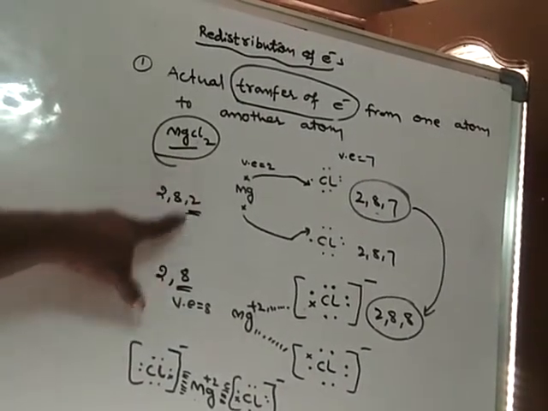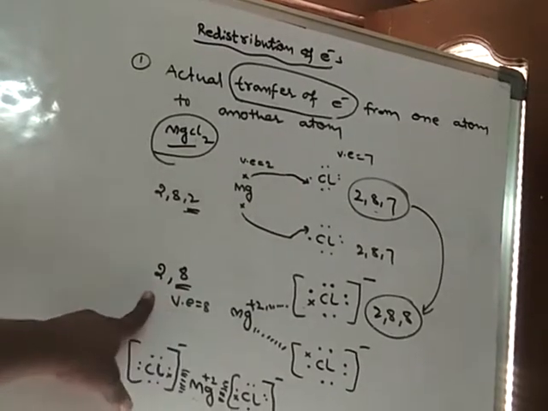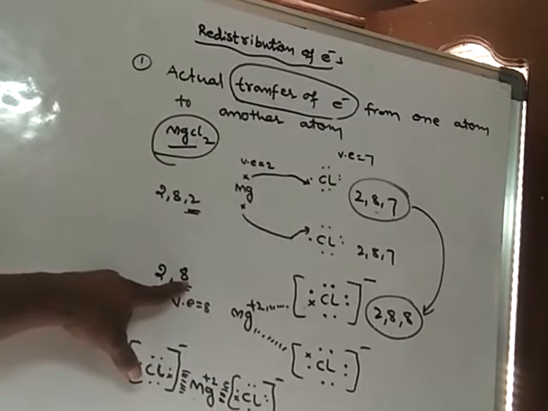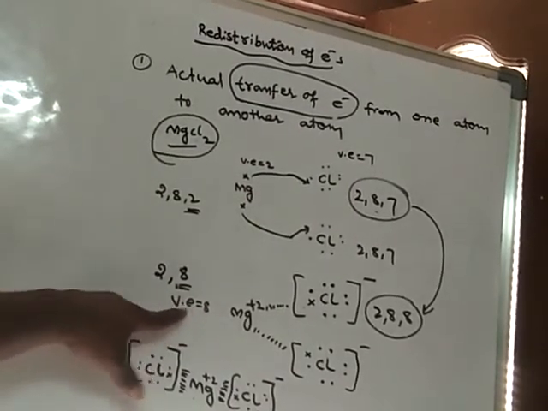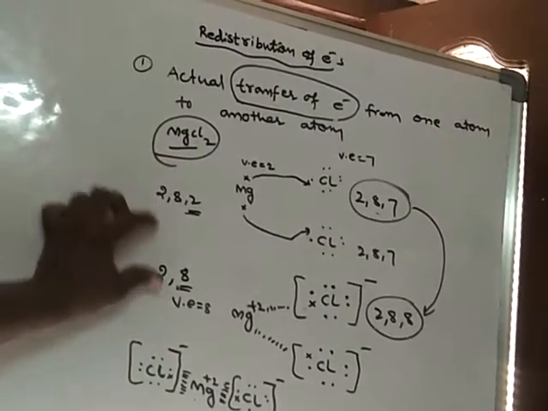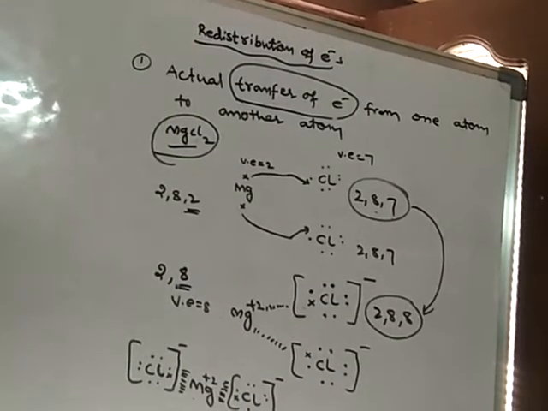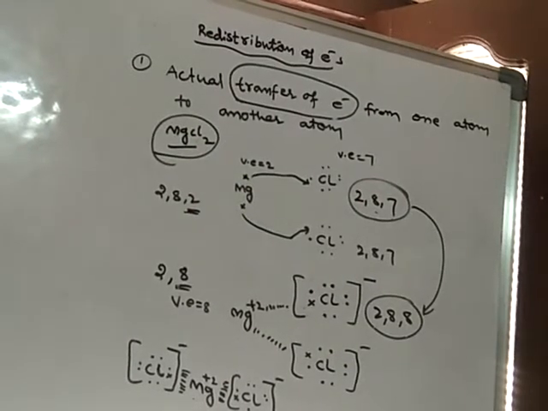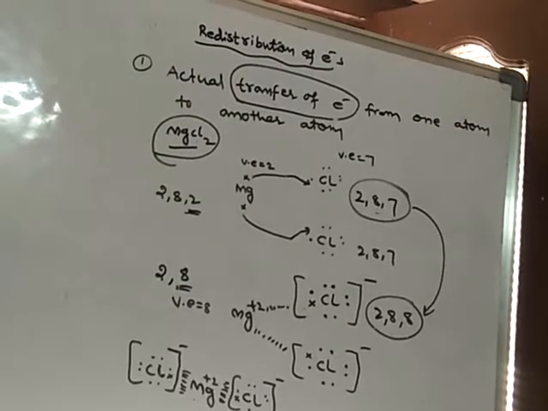So these 2 electrons are lost. Only 2 orbits are left over in magnesium after losing 2 electrons. So now in the valence shell, or the outermost orbit, there are only 8 electrons. So it is a stable arrangement. From this unstable arrangement to stable arrangement, electrons are rearranged in the magnesium atom. Like this, rearrangement or redistribution of electrons has taken place. As a result, stable atoms are formed. Why should redistribution or rearrangement of electrons take place? In order to form a stable atom.